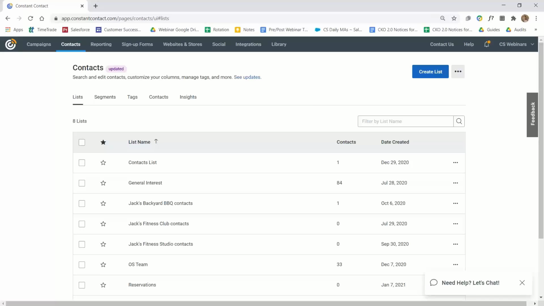And now that we've looked at the basics for building and editing the website, I want to take a look at one of the important sections that you can add to help grow your business, and that will be the store. The Constant Contact website has a built-in e-commerce platform that allows you to sell products online right through your website. So if we just go ahead and go back to that websites tab,